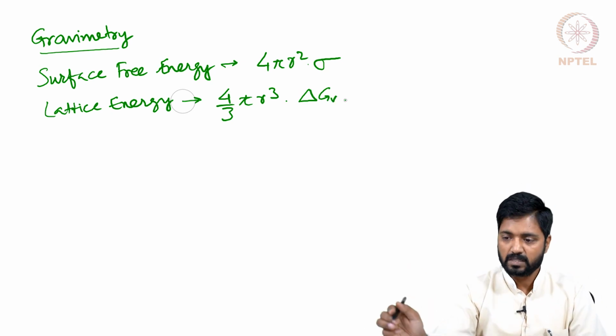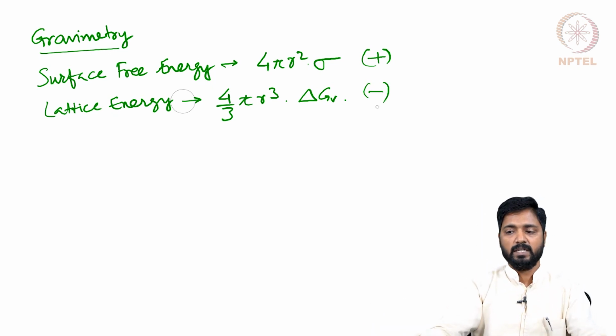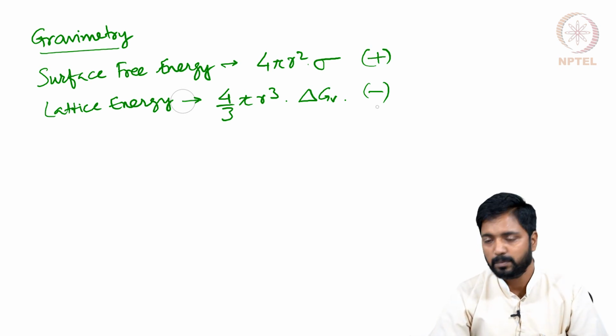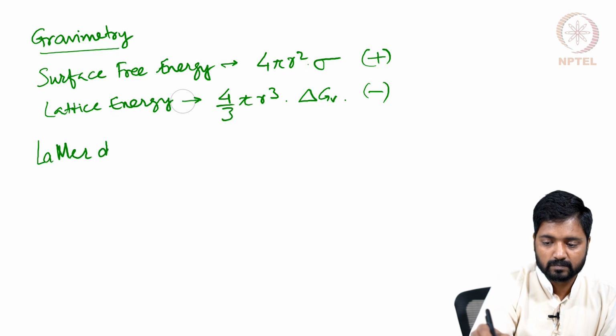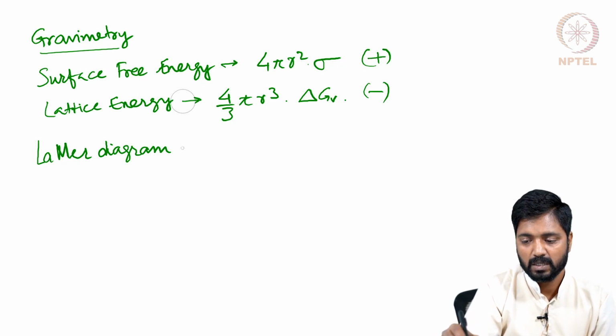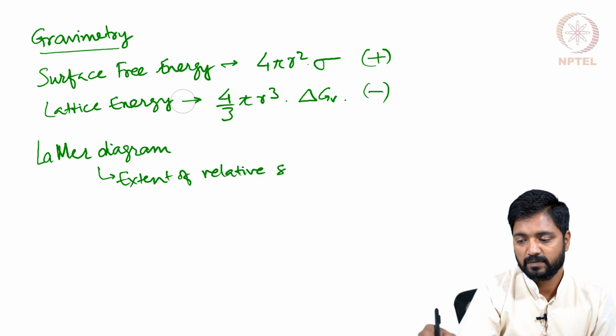So we saw that while the surface free energy has a positive value, the lattice energy is a stabilizing energy and it has a negative value. Consequently, we pass through a stage where the formation of a particle is initially energetically unfavorable up to a certain particle size, but as we keep adding more material to the growing particle, the formation and growth of the particle becomes energetically favorable beyond a critical radius. Then we talked in terms of the LaMer diagram to discuss how particles are formed based on the extent of relative supersaturation,